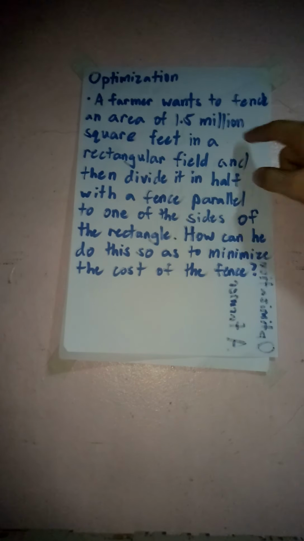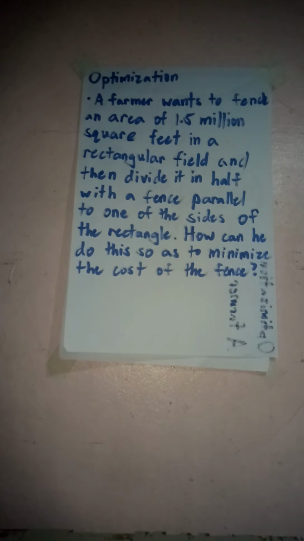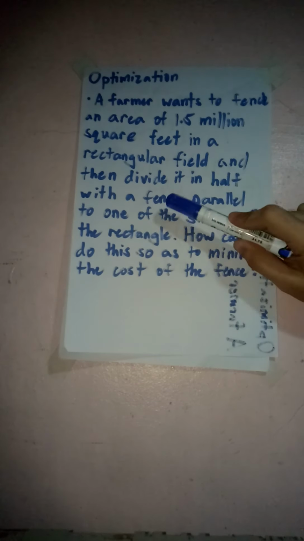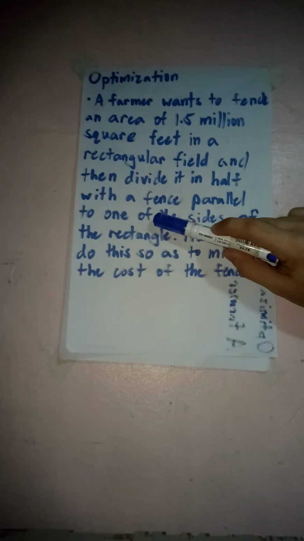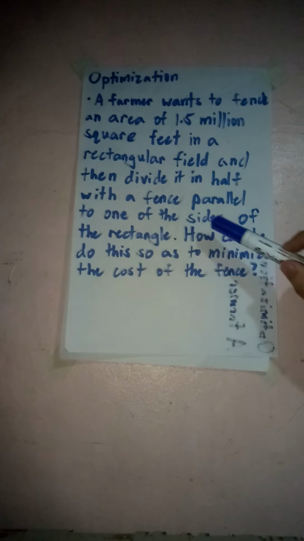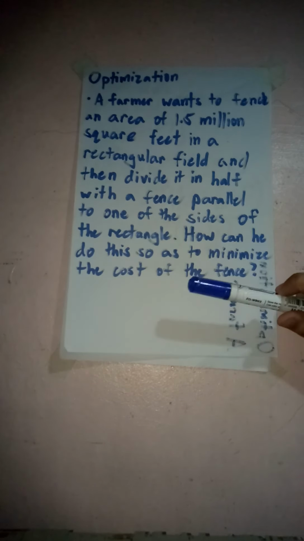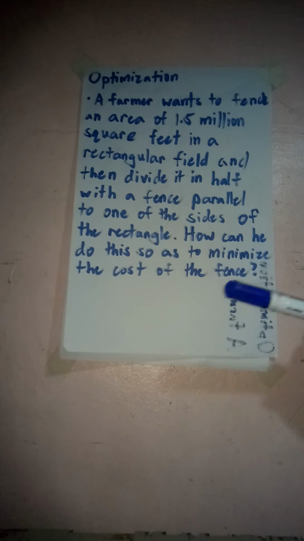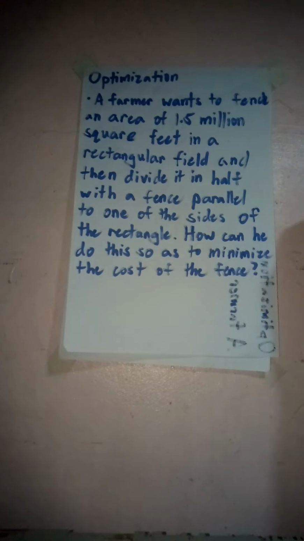a farmer wants to fence an area of 1.5 million square feet in a rectangular field and then divide it in half with a fence parallel to one of the sides of the rectangle. How can he do this so as to minimize the cost of the fence? So to get a paper,